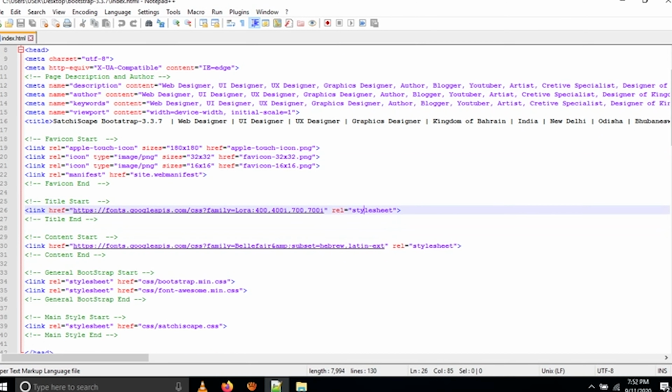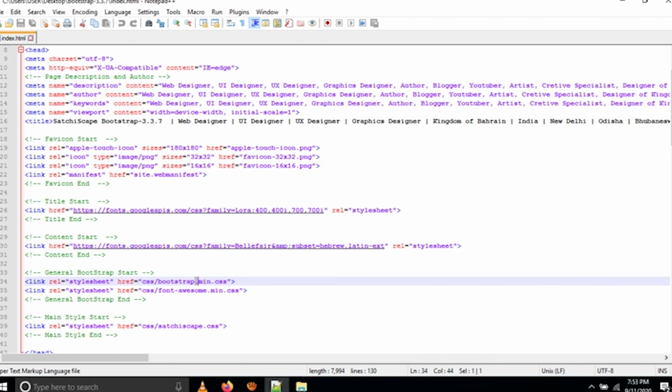Then further down I have used these fonts. This is called Google Fonts, to make your website functionality very good. Normally UI designers and UI developers use Google Fonts. Why? Because it is very friendly and your site is going to be very light, instead of using custom fonts. If you are using custom fonts, your site is going to be heavy. So Google Fonts is very useful and very easy also.